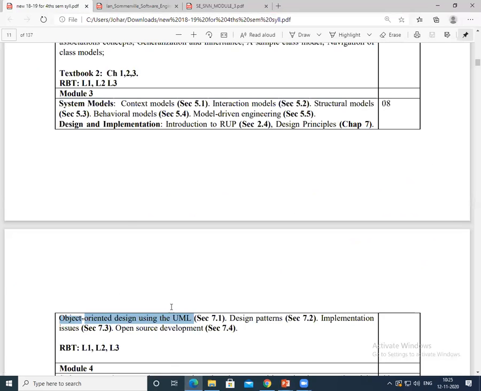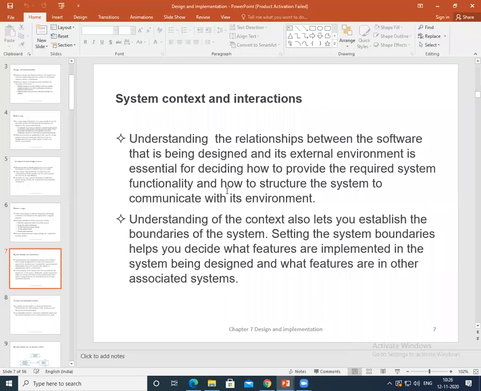What you have studied: what is context, representing a system, the model in terms of a system, representing the system in terms of a use case and a sequence; in the case of a structural model, representing with respect to the class diagram or interaction or aggregation; representing this model with respect to the state diagram or again the interaction or a sequence diagram. So all these concepts are repetitive over here, right? So you have a system context and the interaction.